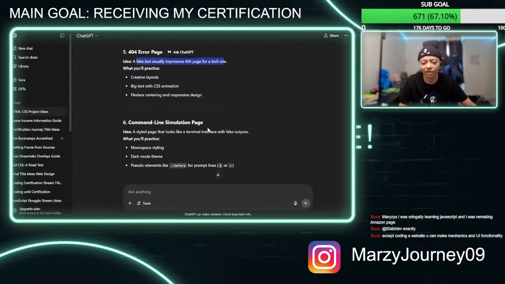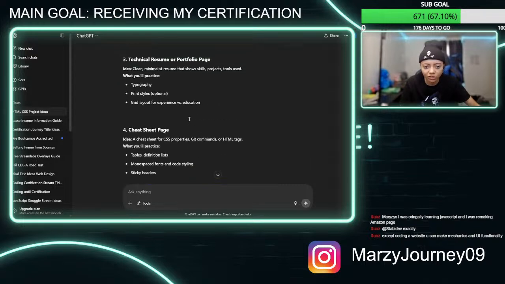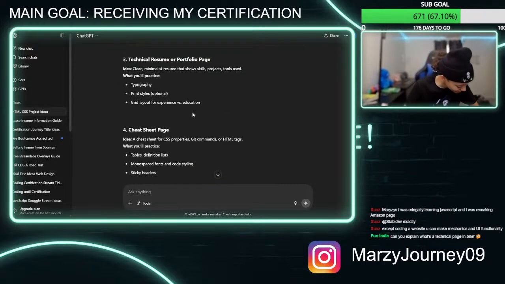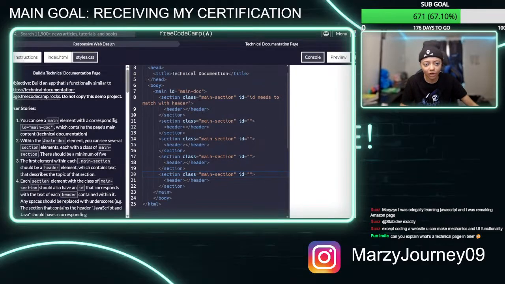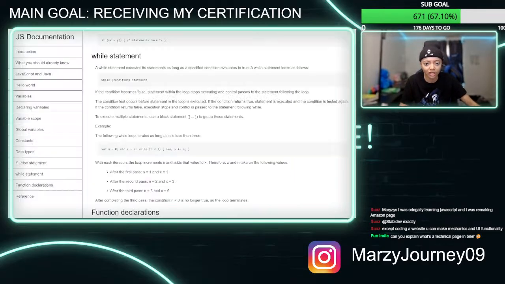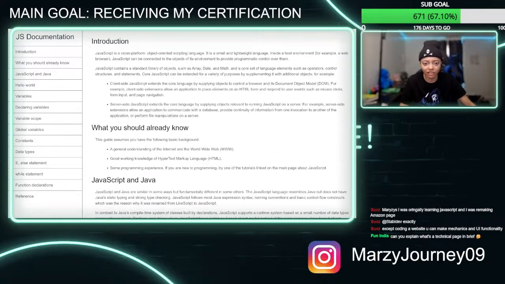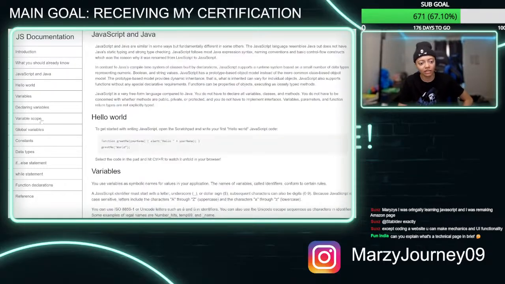I don't think they're understanding what my page needs to look like. Can you explain what a technical page is in brief? No, that's what I'm going through. I actually don't know what a technical page is. It just says build this, and then this is the example. So they did a JS documentation, with an introduction to JavaScript, what you should already know, JavaScript and Java,